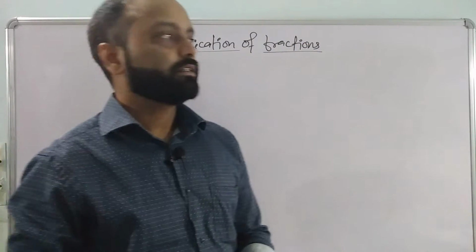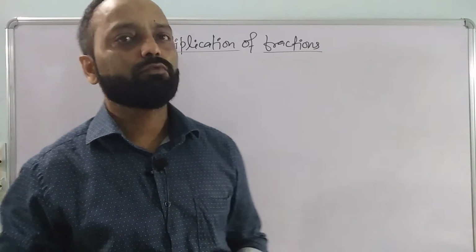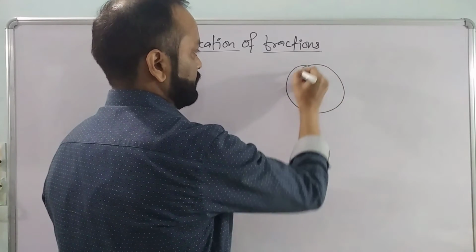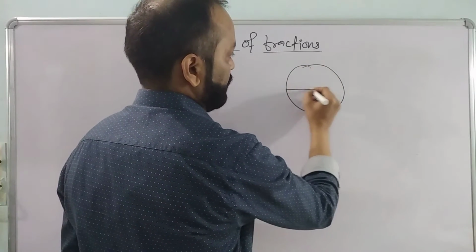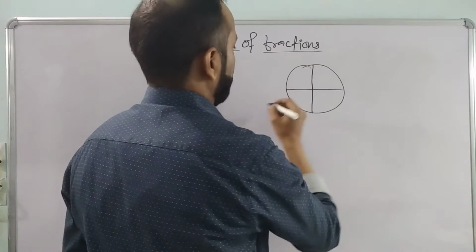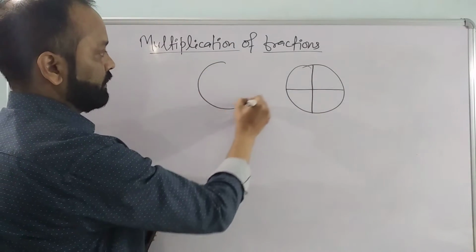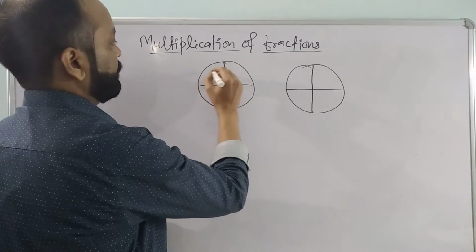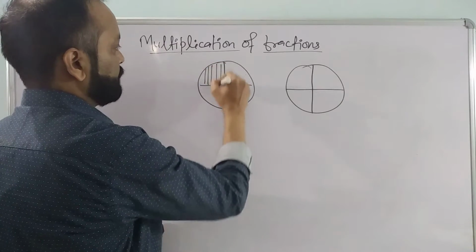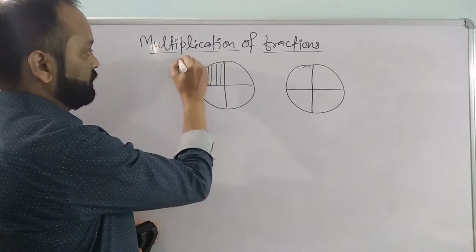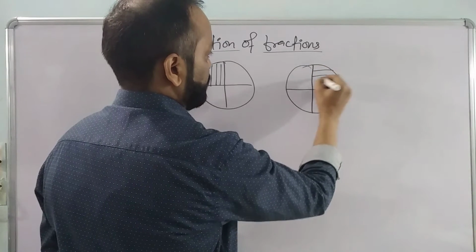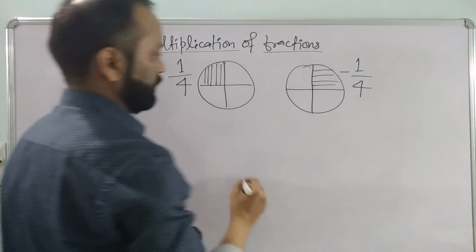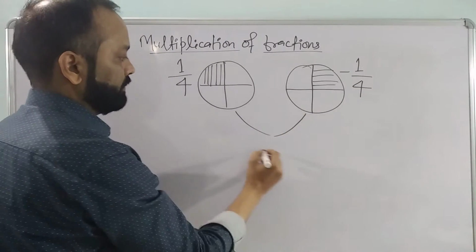So in multiplication, firstly we will have to understand what actually multiplication is. So let us understand this with this example. Let's suppose I am having two circles. So this part is 1/4 and this part is also 1/4. When we add both these parts,